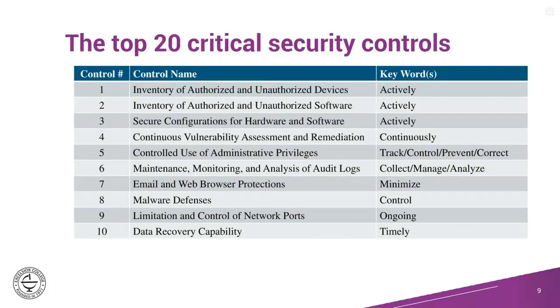So if you go down through the keywords, I'm going to show you the definitions of these critical controls, and I've highlighted these keywords. Malware defense, the keyword is control. Are you going to block all malware? Are you going to stop all malware that comes into your company? The answer is probably no. You're probably not going to be able to stop everything if you're on the internet at all. So the best thing to do is to be able to control the outcomes of what happens when the malware gets into your system. So there's your first 10.